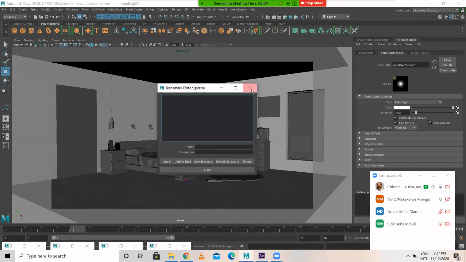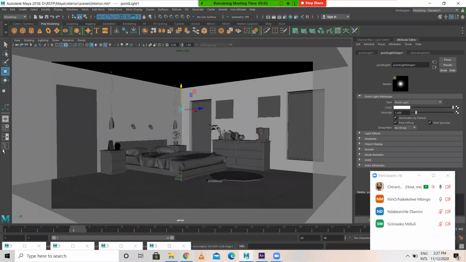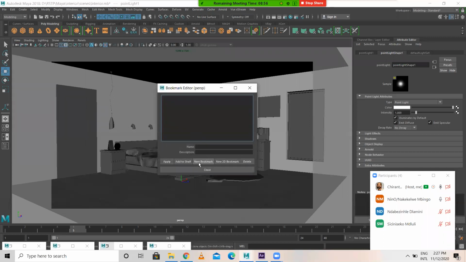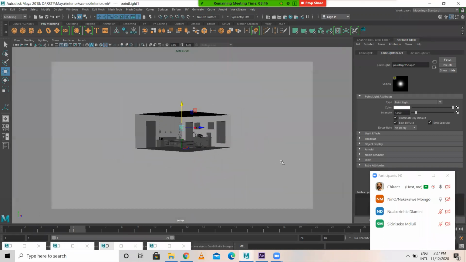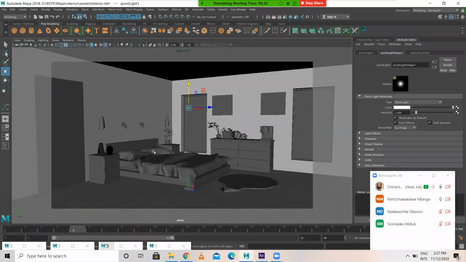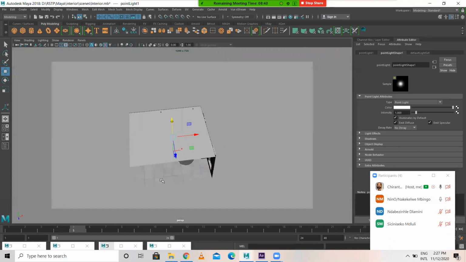edit bookmark. Okay, I'll show you again. I want to bookmark this view, go to view, bookmark, edit bookmark, new bookmark, add to shelf. This is my shelf. Add to shelf. You got the bookmark here, and close. Now let's say I'm here somewhere like this, and I want to go to the same view. Then it is very difficult for me to set to the same.